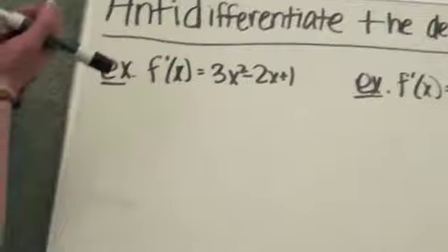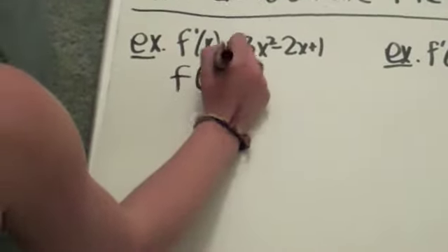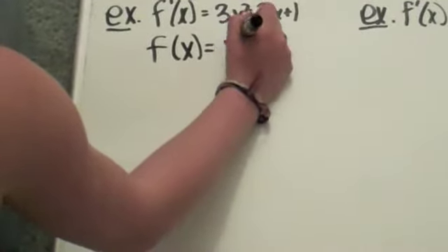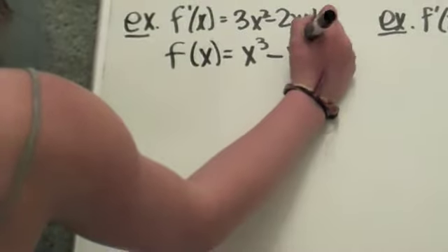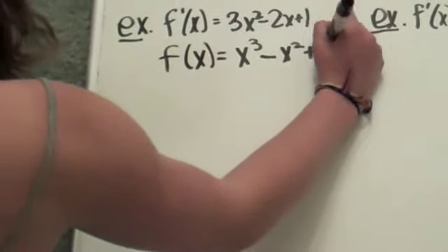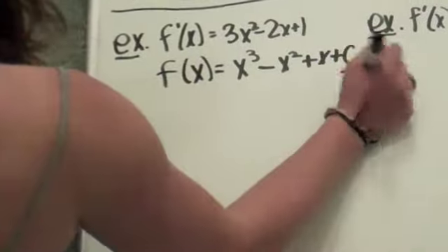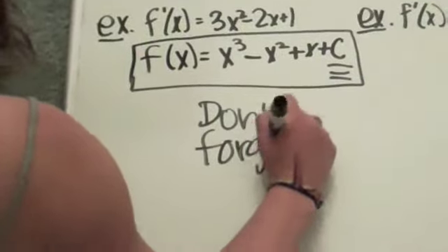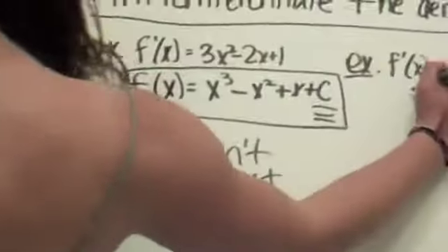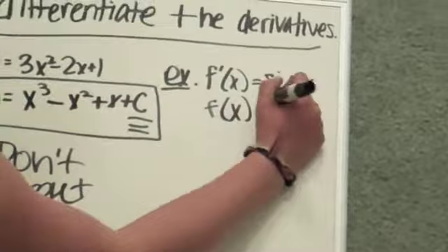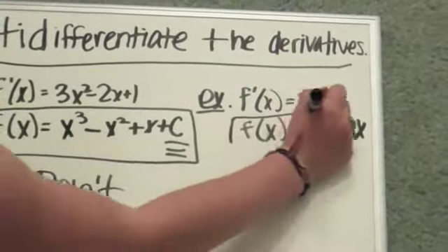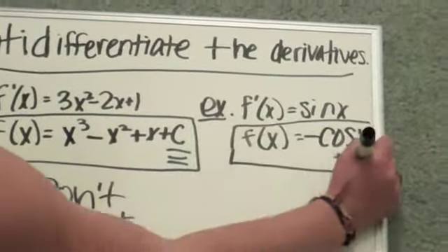Okay, so anti-differentiate the derivatives. Okay, so we have f of x equals x cubed minus x squared plus x plus c. Very important. Okay, and don't forget the c. So now we have f of x equals, and this is really easy, negative cosine x. Okay, and oh, and don't forget the c. And there you